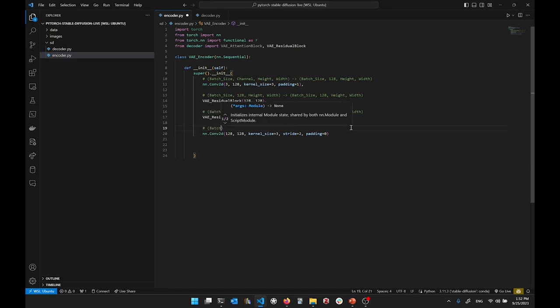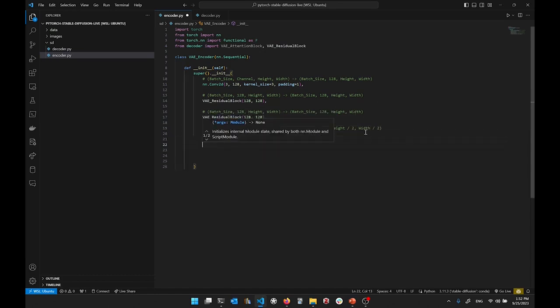So this transformation here will have the following shapes. We are starting from batch size, 128, height, width, so the original height and width of the input image, but this time it will become batch size, 128, the height will become half, and the width will become half. Then we have 2 more residual blocks with the same